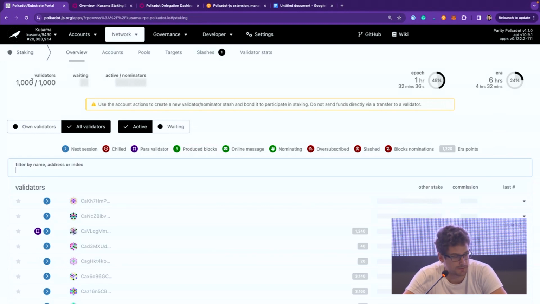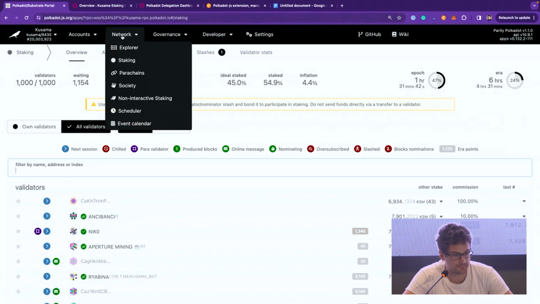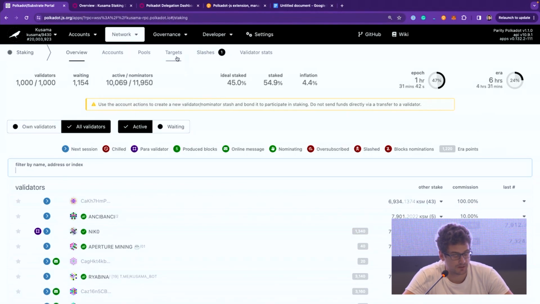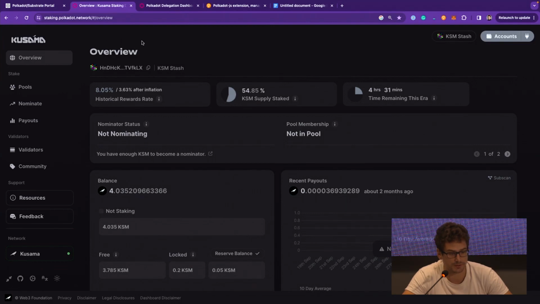So how do we do this? Staking can be through pools, and can also be through solo nomination. Solo nominating is a bit, how to say, like, you have to choose your own nodes, while if you join a pool, somebody else is choosing the nodes for all the members of the pool, and you just have to join the pool. So how do we do this? We go to the staking dashboard,